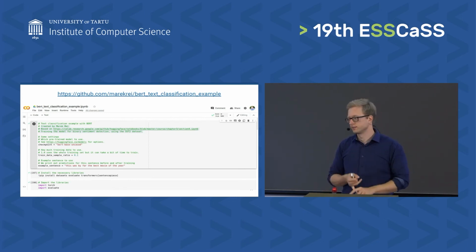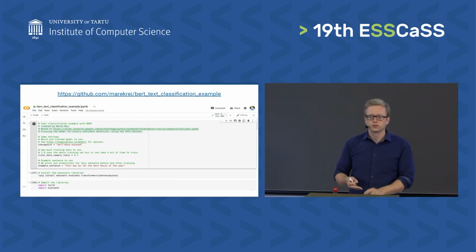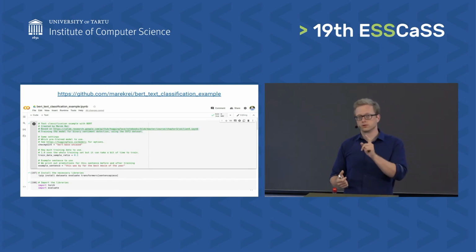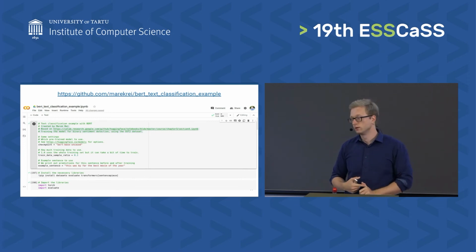It sets up the environment, it downloads the data set, it downloads the pre-trained model, it fine-tunes the model, and it evaluates the model and prints some example output as well. It's commented as well, so if you want to play around with BERT or text classification, I suggest that's a good option to start.